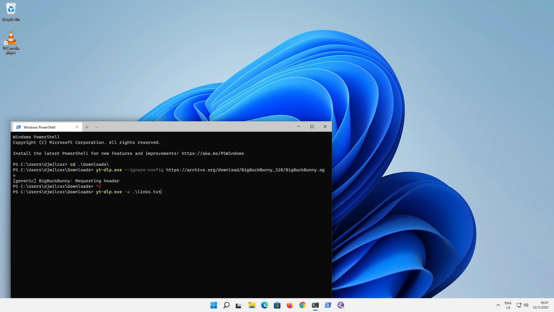And as I showed you in the config, you can set multiple connections. So basically it will download at triple the download speed, which is great because you just have a text file of loads of URLs, either direct links or videos on supported sites. It's just going to download them all one after another